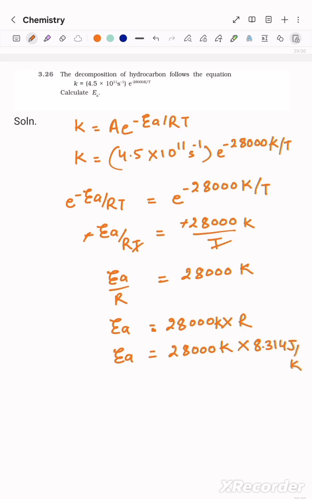So this Kelvin and this Kelvin cancel out, so Ea is equal to, now here we can write, 28 multiplied by 10 to the power 3 multiplied by 8.314. Now this can be written as Ea is equal to